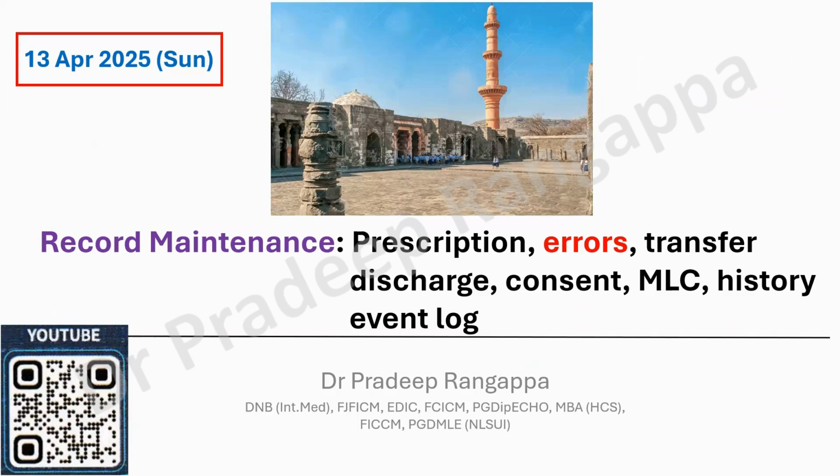More of administrative topics. The picture you see is Daulatabad. This was the capital that was shifted from Delhi by Muhammad bin Tughlaq in 1327. That's the area near Aurangabad. So anyway, in this particular snippet talk, I'll be talking on prescription or record maintenance